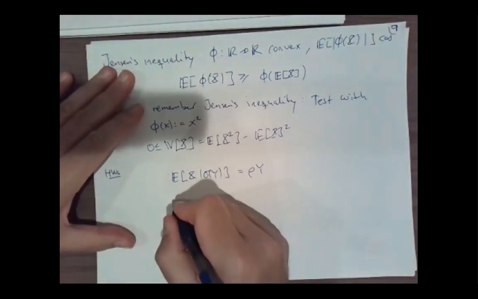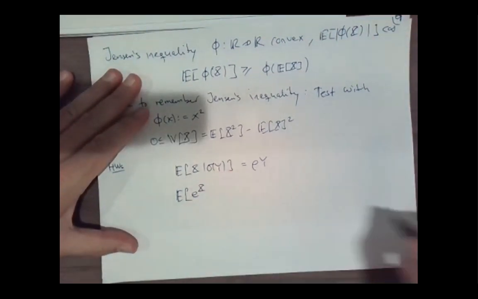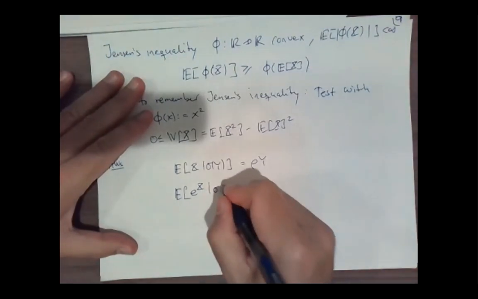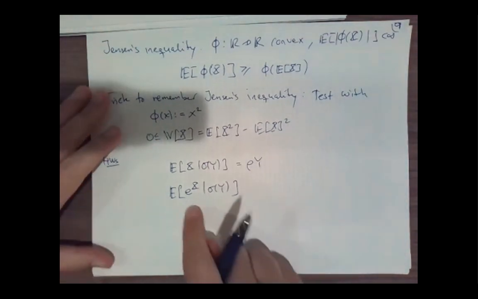And then you also had a question in the homework where you were asked to compute e to the x given y. I forget if it was the last homework or two homeworks ago,